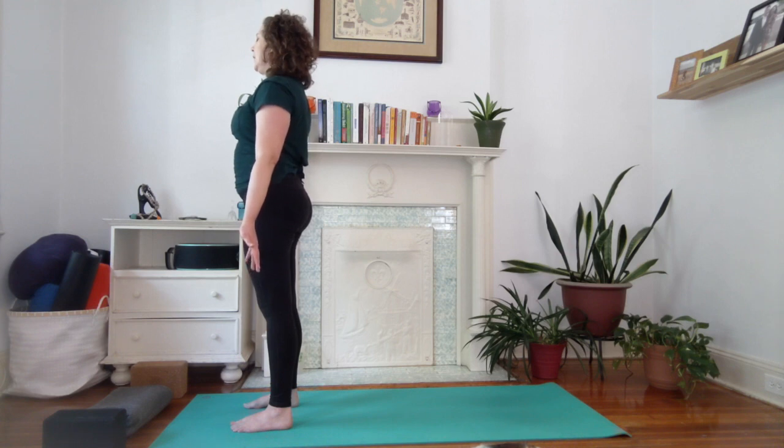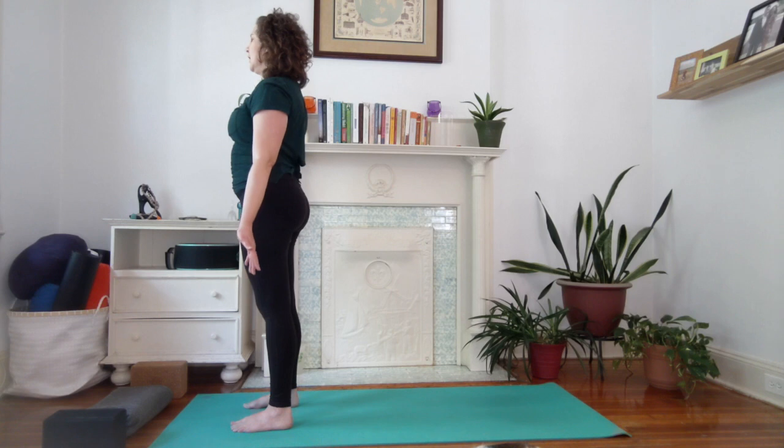For our sun salutations, when I cue us to reach our arms up or down, find a motion that feels best for your shoulders and your low back. For some space constraints here, I'm always likely going to reach my arms forward or up or down through heart center to avoid the